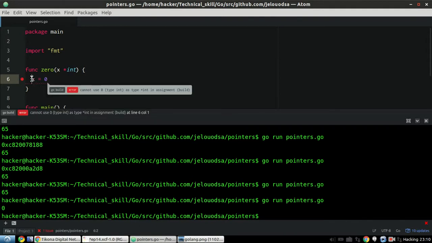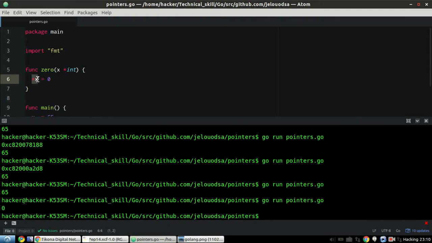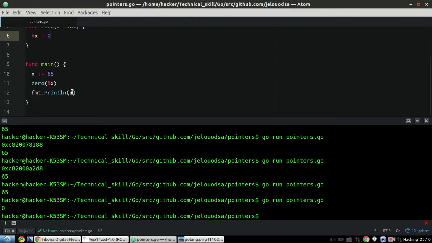It shows an error because this is an incompatible type. Here x is a pointer, which denotes a memory location, while here it's a value. So star x means the value stored in that memory location, equal to 0. We assign 0 to that. So now we changed the value of x from here.